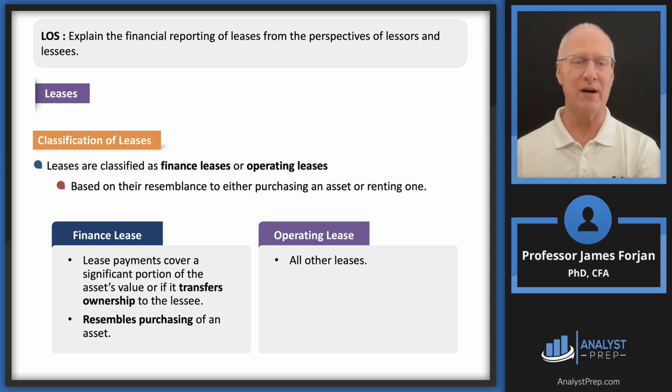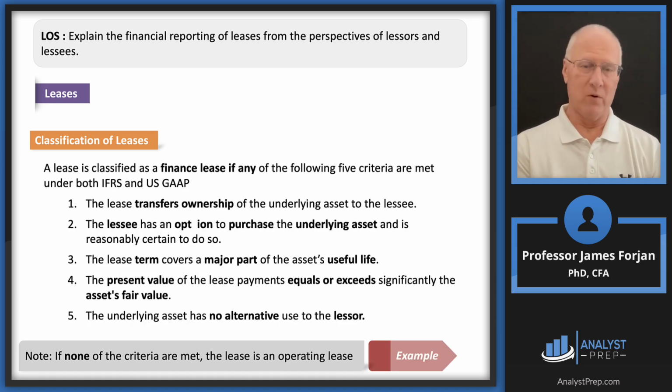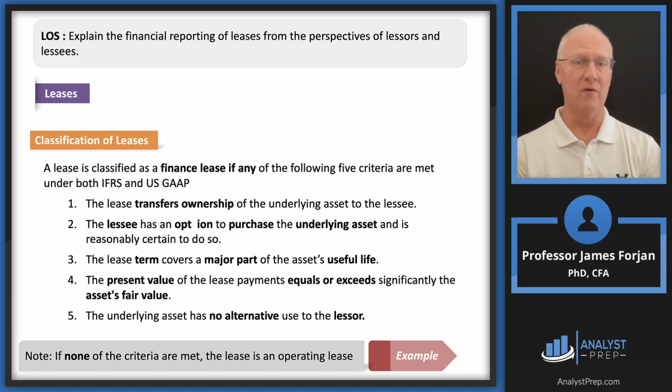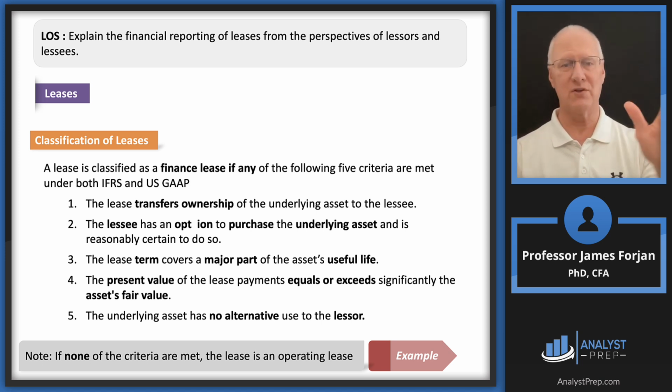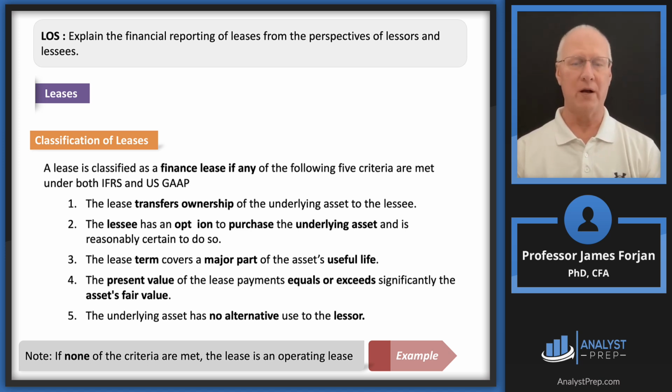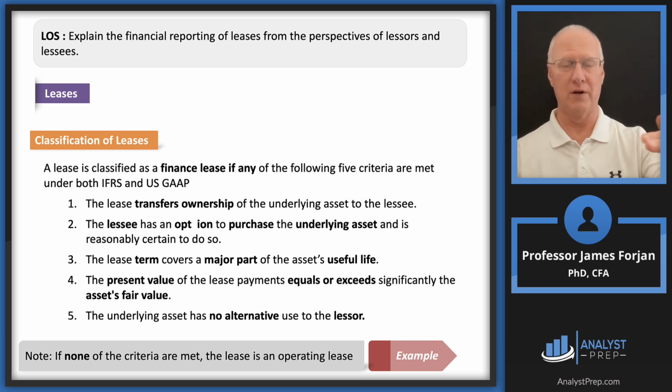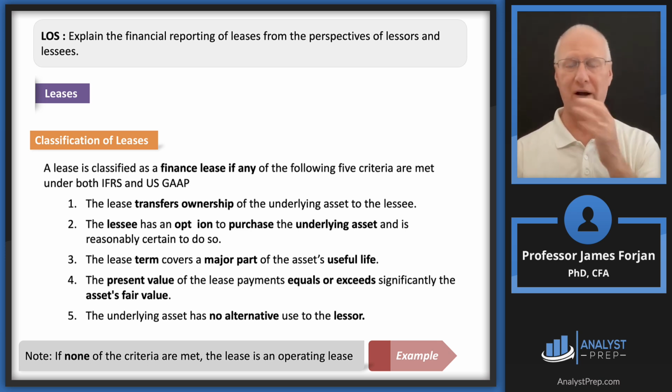And in fact, this is taken right out of the learning module. Here's a good exam question. This shows up at the end of the learning module. So it's going to be a finance lease if any of the following 5 criteria. And this is true under U.S. rules and the International Financial Reporting Standards. So just memorize these 5, because it's a great exam question where you'll get some of these and then there'll be something else that's not in these 5, and you'll have to identify what kind of a lease it is.